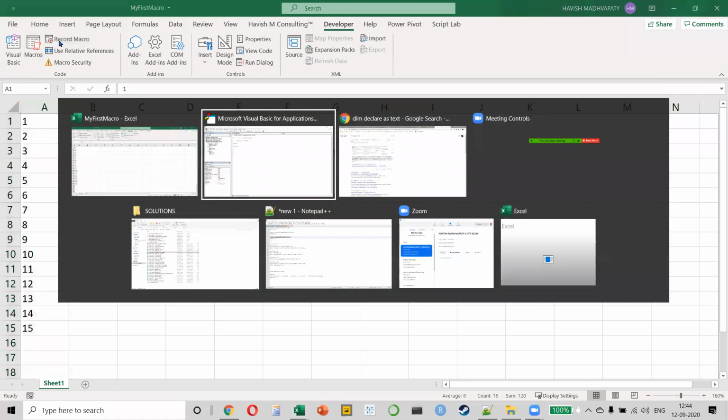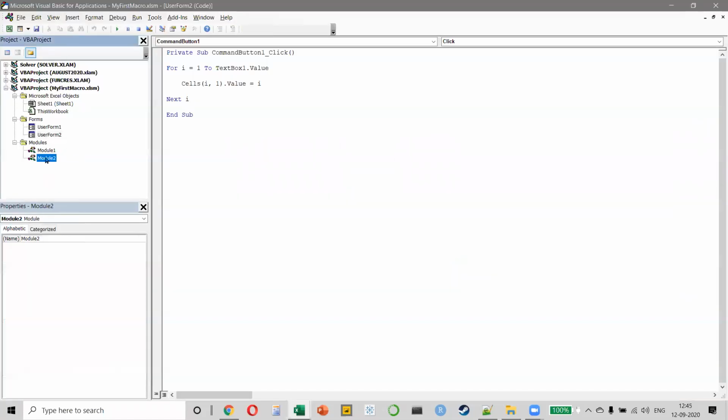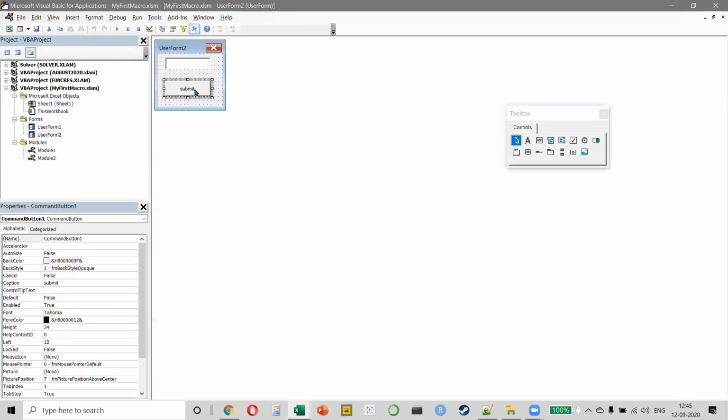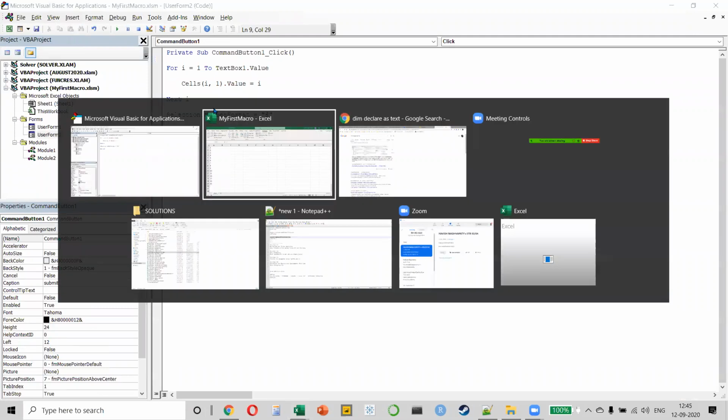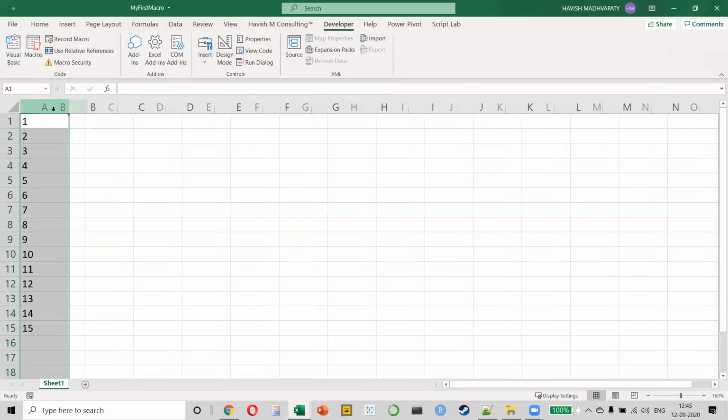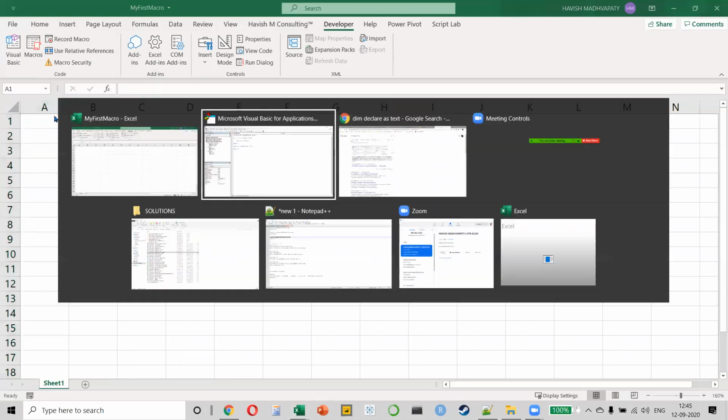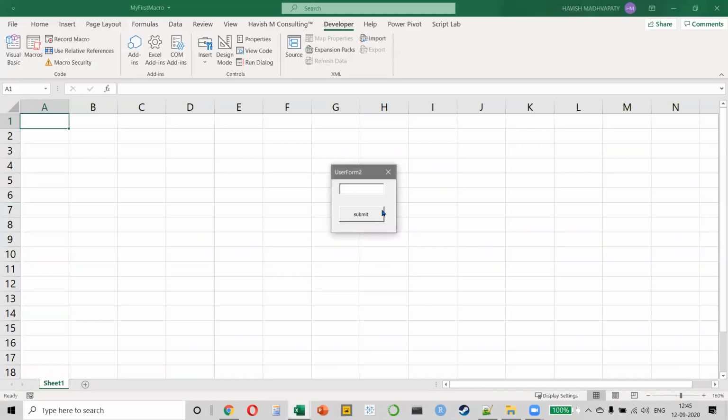What has happened now? If I go to my code, you will notice that it is now telling me that this is the format that I need to write. Selection.NumberFormat is equal to "@". So I can just copy this, put it back in this, and let's do it once again. So I'll first delete everything. And this time when I run my code, you will notice that when I say 15 and I press submit, two things will happen. Step number one, all the numbers will come in A1 to A15 and it will also get converted to a text format.